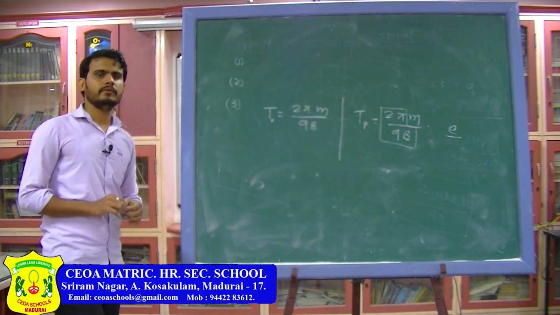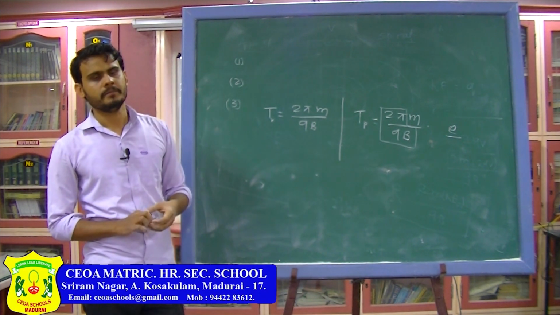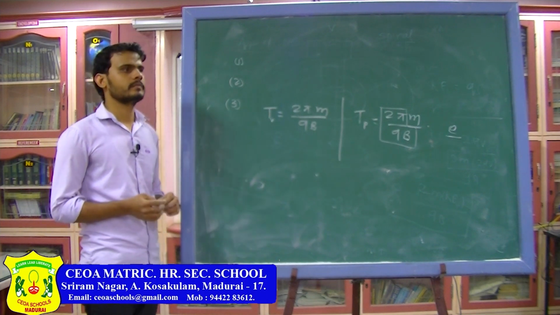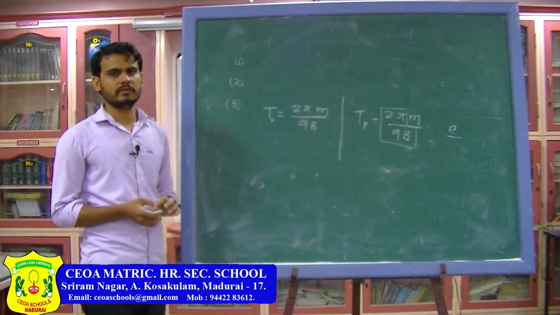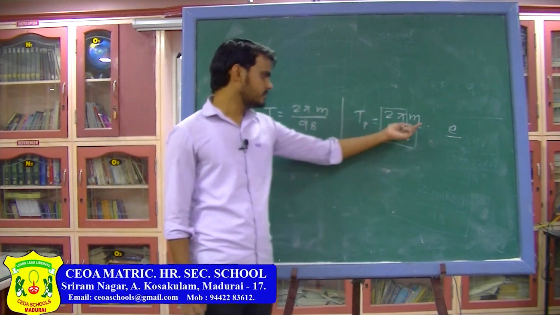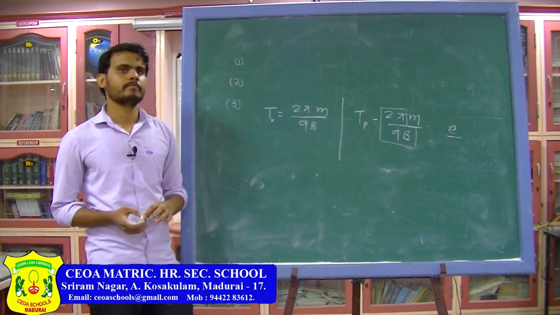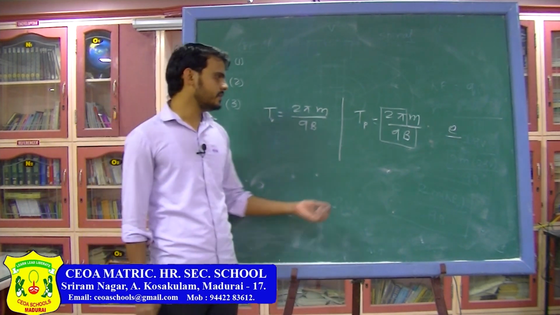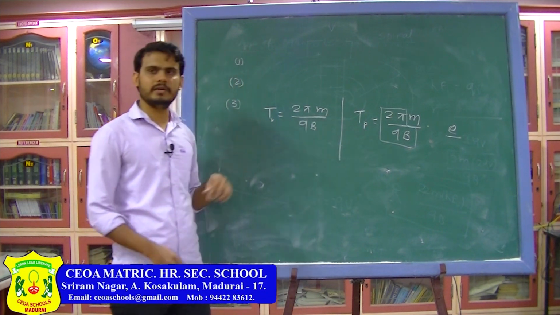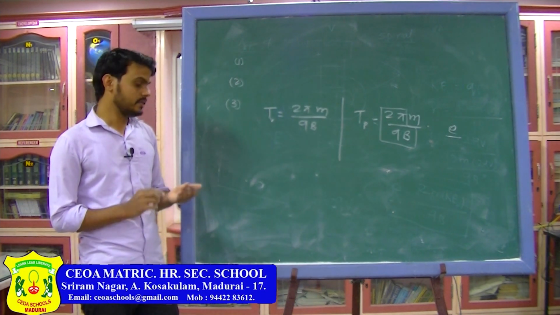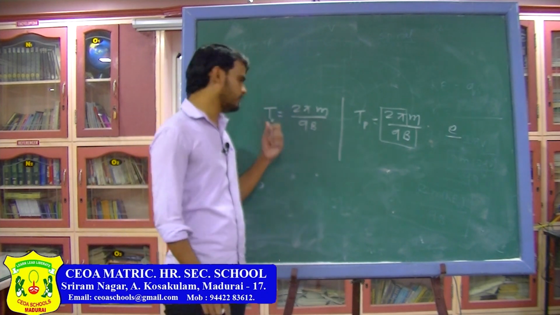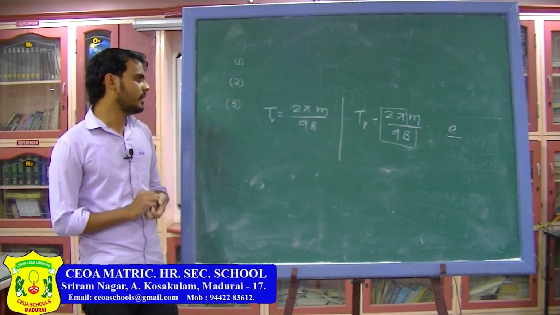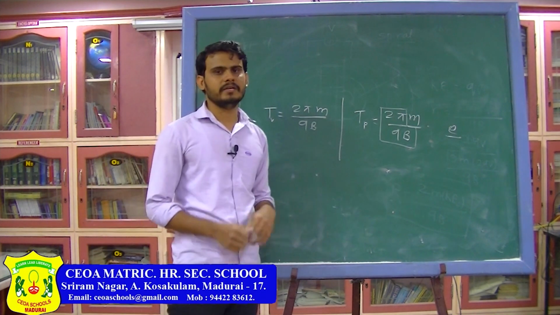It is very difficult to accelerate electrons in the cyclotron, because as the velocity of the electron increases, the mass of the electron also changes. Hence the time period of the particle and the time period of the voltage source are not equal, and it is difficult to accelerate the electrons.